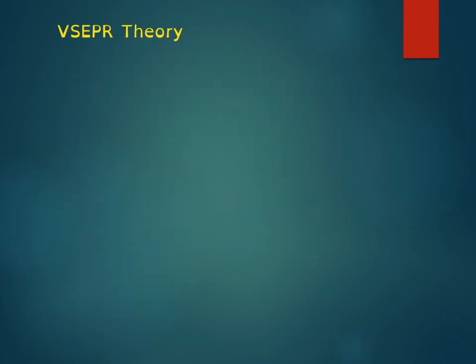All right, to decide the VSEPR theory shapes, we will do that in class in an activity where we're going to build three-dimensional molecules, but here are the names. You can have linear, you can have bent, you can have trigonal planar, you can have tetrahedral, you can have trigonal pyramidal,